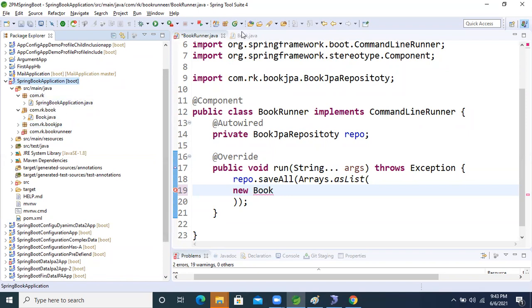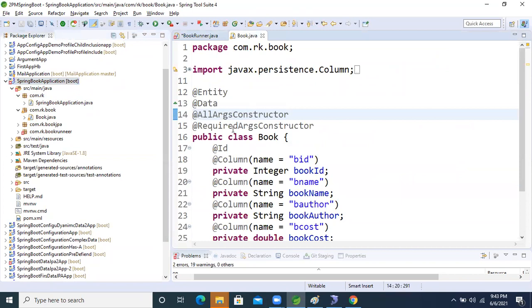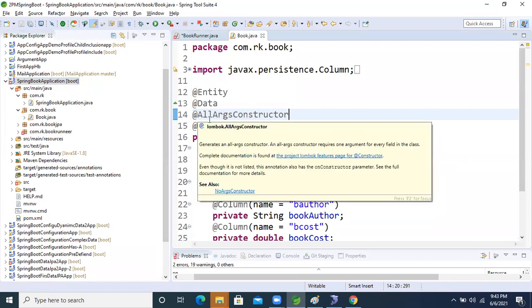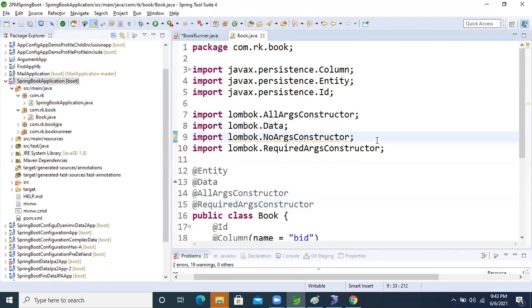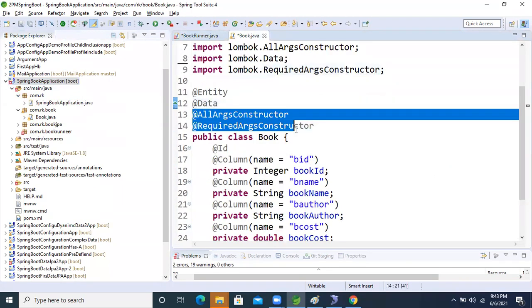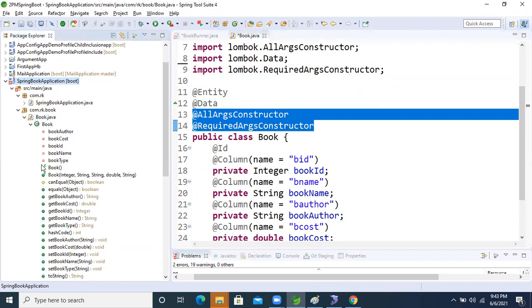But NoArgs I removed, right? Yes, yes. AllArgs constructor is needed and RequiredArgs constructor is needed, right? Yeah, that is correct. What you read is correct. Why is it not coming here? AllArgs constructor means what? But it's still in the Book. See here, in Book an integer constructor is there now, but why is it still not coming here? I don't know.